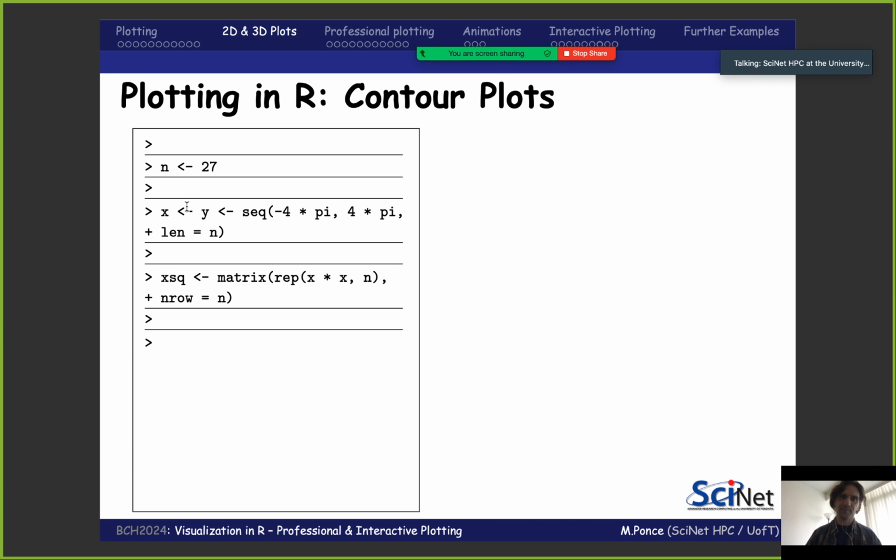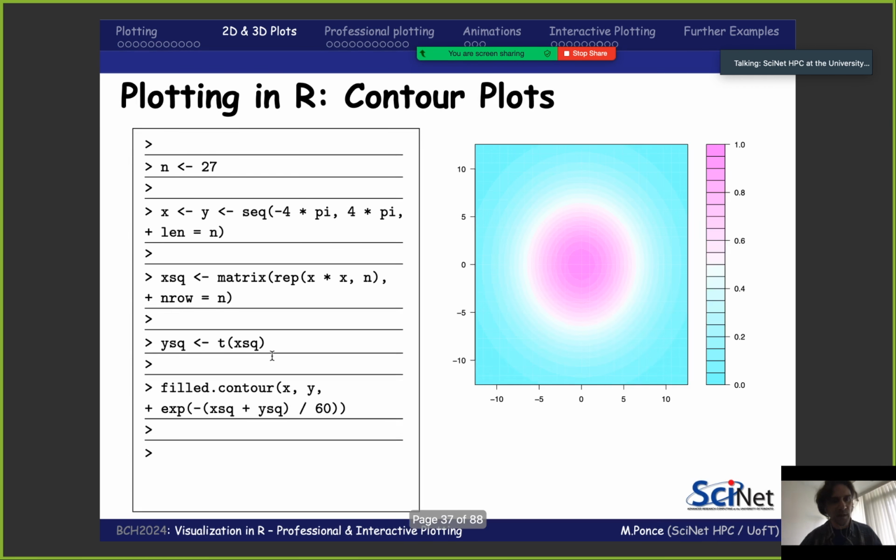I'm going to have x going from minus 4 pi to 4 pi, and then I'm going to take x squared values n times, with n rows. Similarly with y squared. The only thing is I'm going to take the transpose of that, so instead of having x, I'm going to have y. That's why I'm taking the transpose.